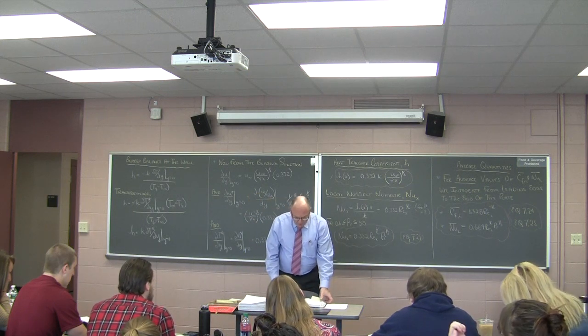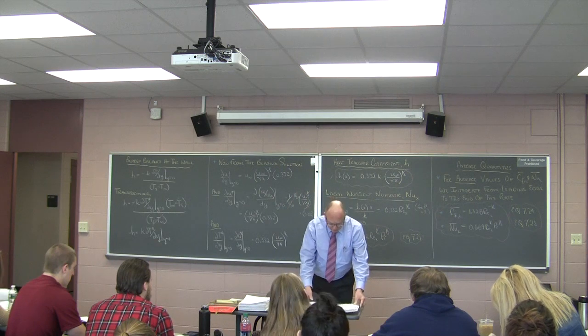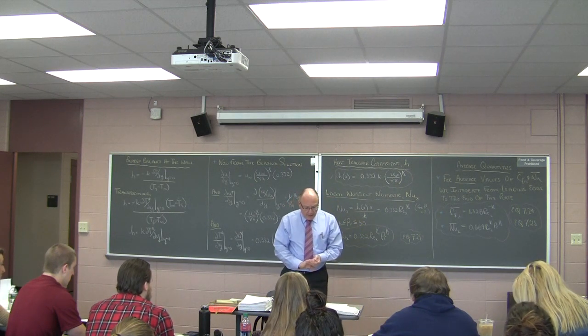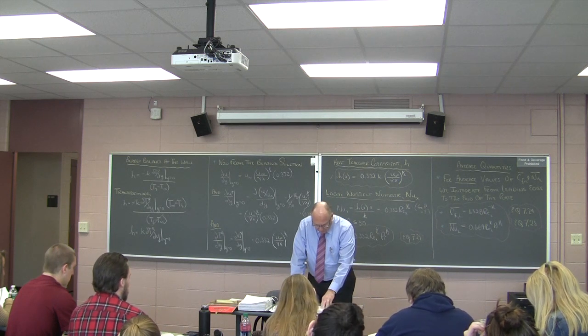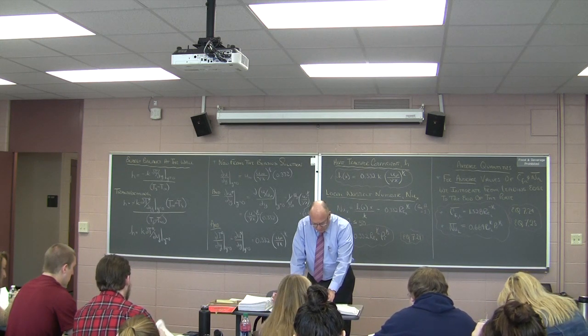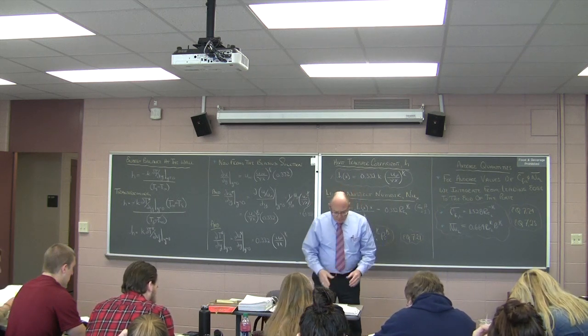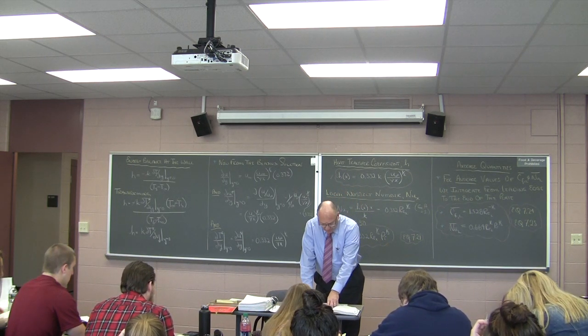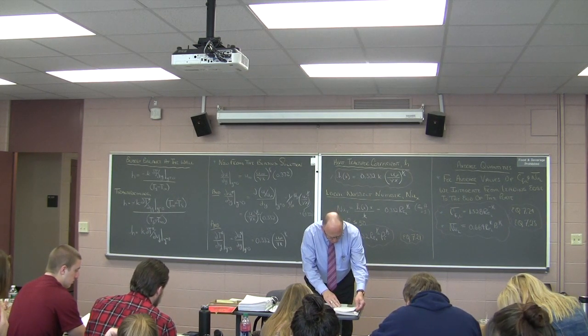All right? So, having said that that's the big picture, what are we going to do for the remaining 10 minutes today? We're going to take a look at the other correlations. All right? So let's jump down to 726. 726 has the Nusselt number being equal to 0.564 times the, I always forget that one because I don't use it very much,